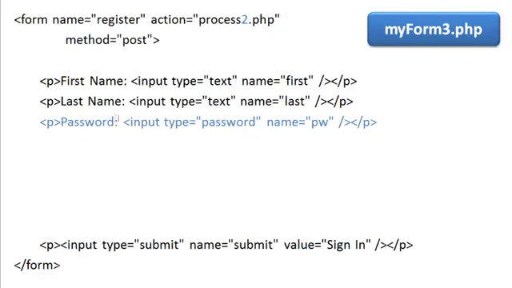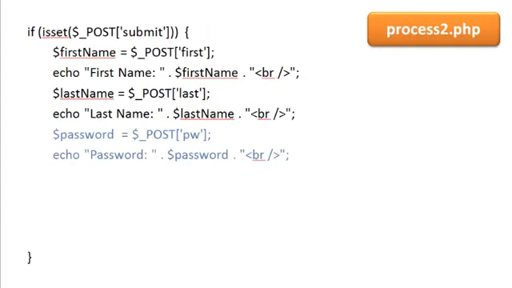So we'll give a prompt password, input type equals password. And then again, the name is going to be used to retrieve the contents of this password field in our process page. So we'll just call it PW, as long as we use the same name to retrieve the values on the process page. That's all that matters. And then in our process page, you can see the same PW here. We're going to get the post variable PW, assign it to a variable called password, and then we'll print that